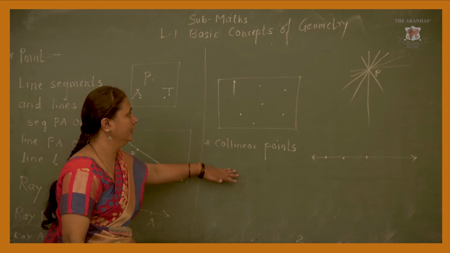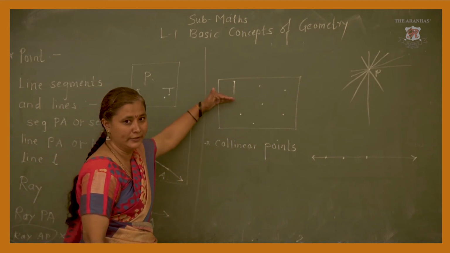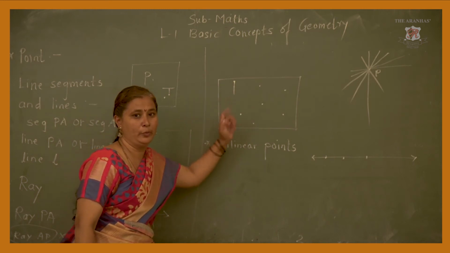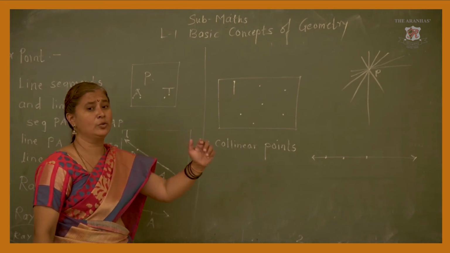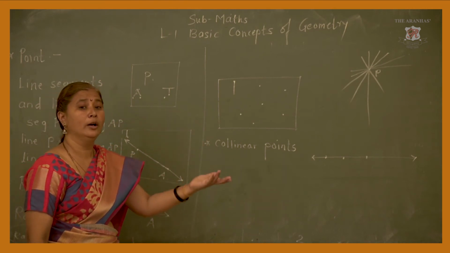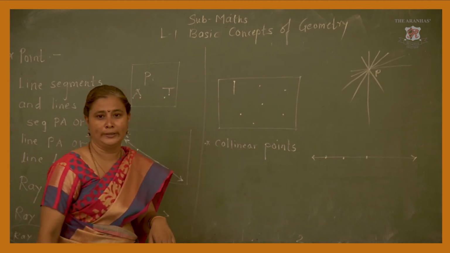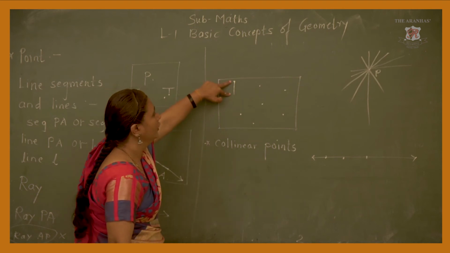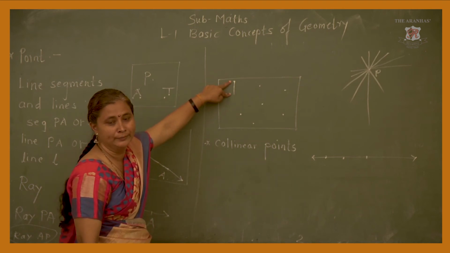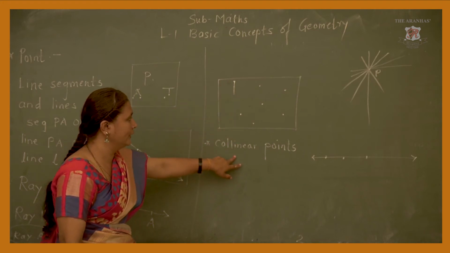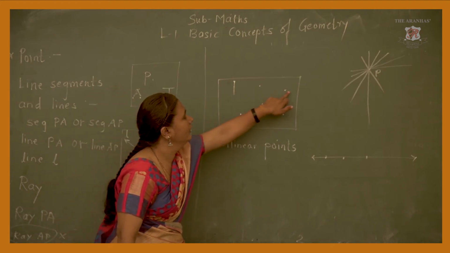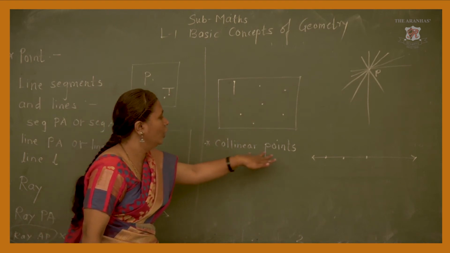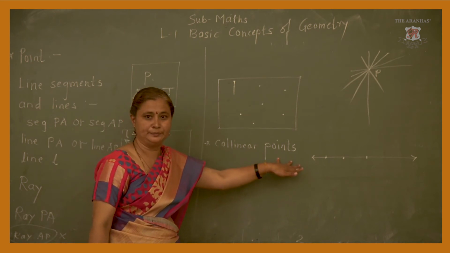Understood? Now here again I am going to this figure. Look at this figure. Here I drew 8 different points, isn't it? And I asked a question, how many lines can you draw using 2 distinct points? So we got the answer, only one line we can draw using 2 distinct points. Now here, collinear points. In this figure, these 3 points lie in a straight line, isn't it? So they are called collinear points.